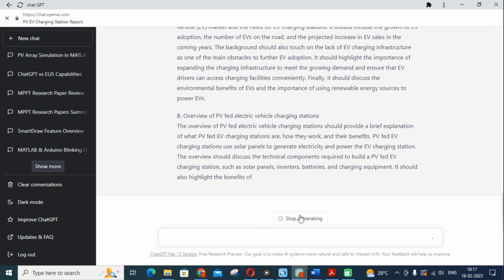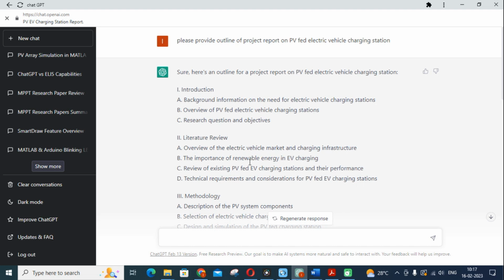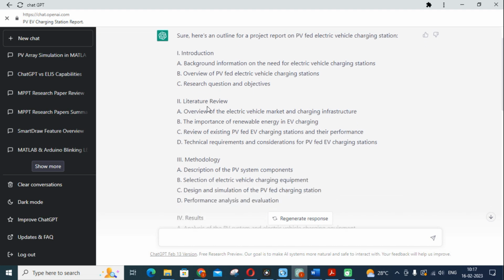The next one, the second one, is the literature review. Here also you can do the same. In literature review you want at least some papers which can be discussed about your topic, that is PV fed electric vehicle charging stations. For that I am going to give, so please provide